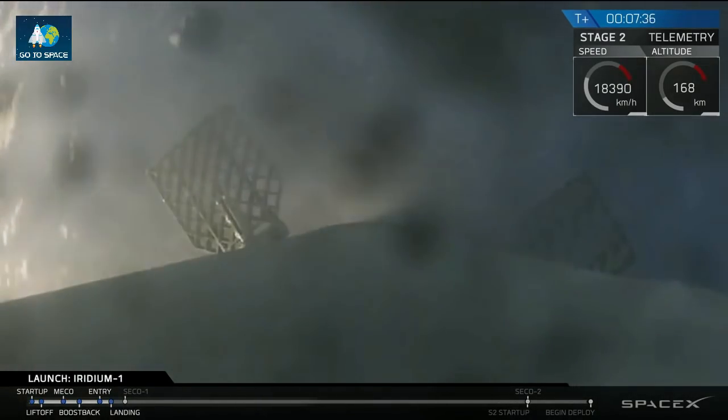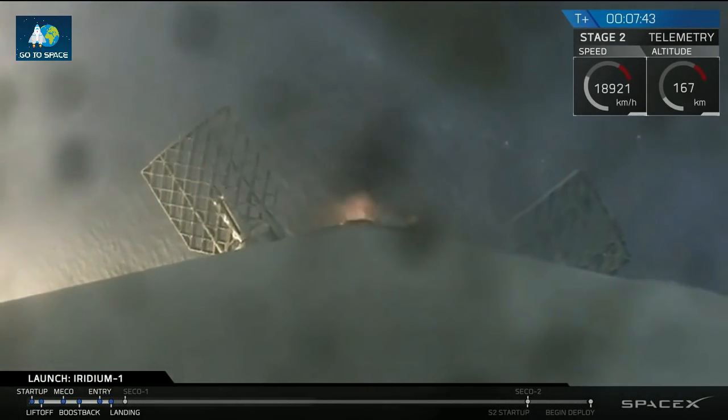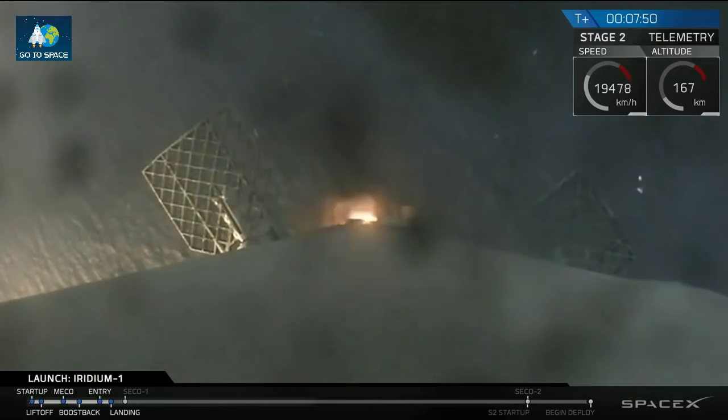our drone ship. You may have noticed little puffs of what looked like smoke coming out from between the grid fins every once in a while. Those are part of the attitude control system. I think this is the landing burn. Looks like the landing burn has just started, so we should be coming right down on the deck of